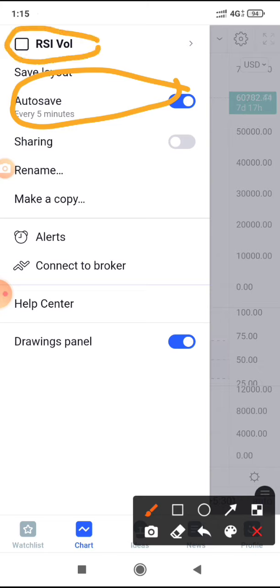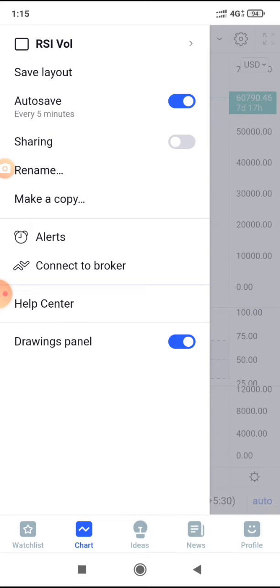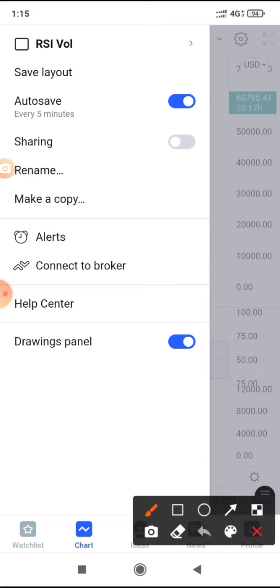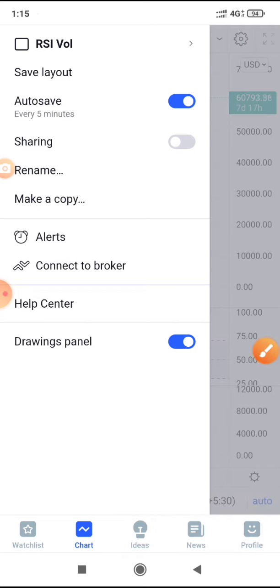You can give any name, or you don't have to give the name. You just have to sign in to this app first. So first and most important thing, you have to sign in, otherwise it will not save your charts. Initially you can use your Google account to sign in, then verify it, and after you logged in, you can start drawing the charts right away. It's totally free of cost.